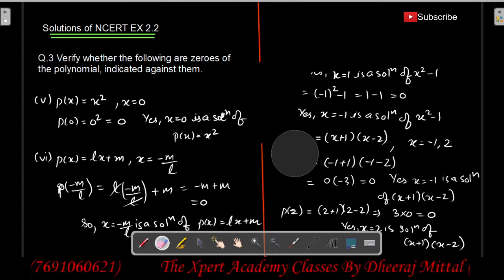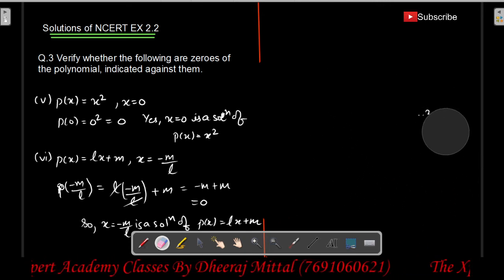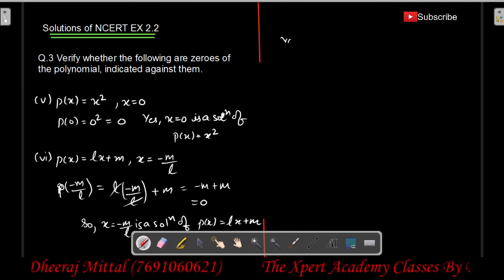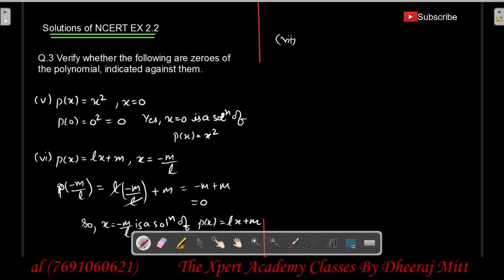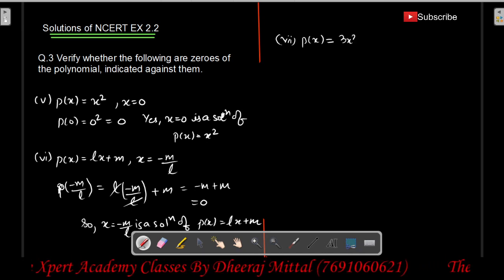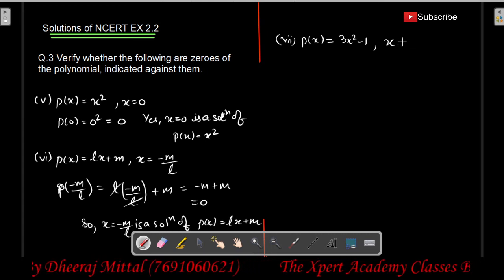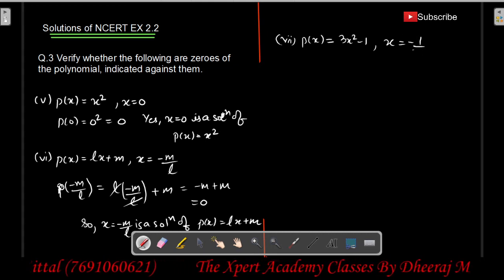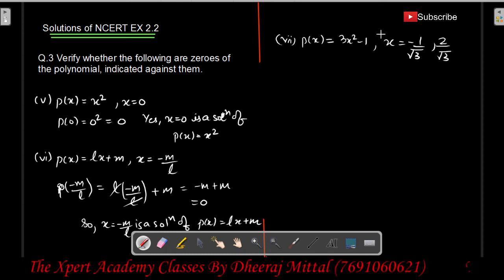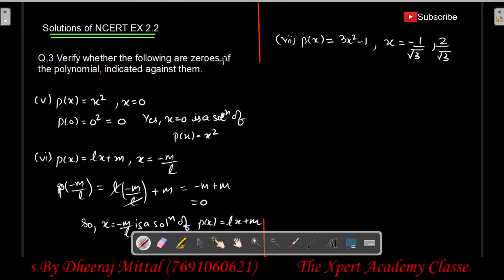Now the next part. Seventh part is px is equal to 3x square minus 1. मैक्सिमम स्टूडेंट को इस पार्ट में दिक्कत होती है. तो देखिएगा, आपको घबराना नहीं है. रूट को देख के आपने बस अपना बेसिक्स कॉन्सेप्ट जो हमने सीखे हैं वही लगाने हैं कि हमने ये वैल्यू इसमें पुट करनी है, बेसिक कैलकुलेशन करनी है. अगर जीरो आ जाए तो यस इट इज़ ए सोल्यूशन, अगर जीरो ना आए तो इट इज़ नॉट ए सोल्यूशन.